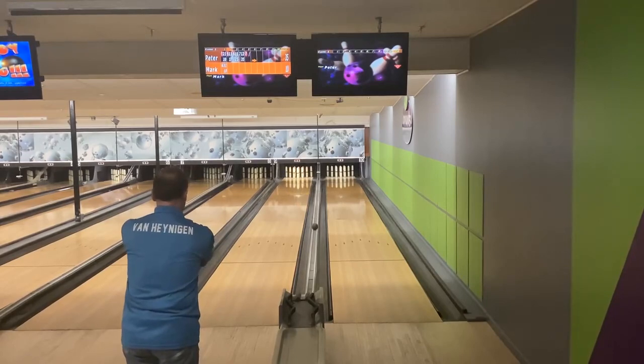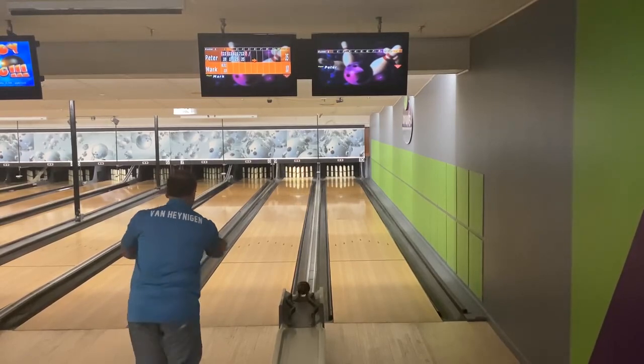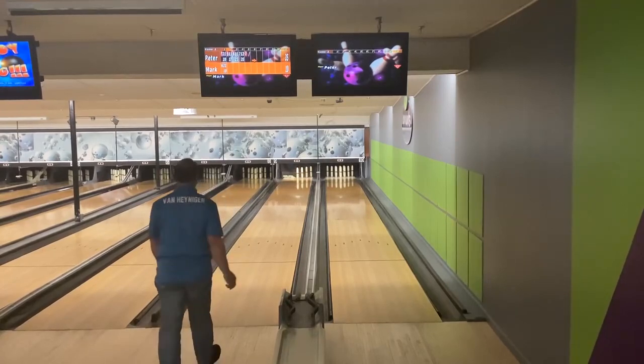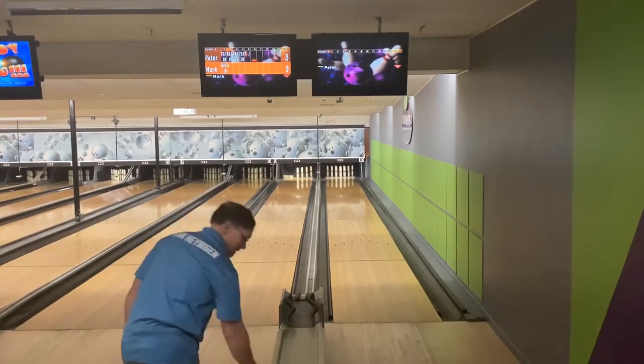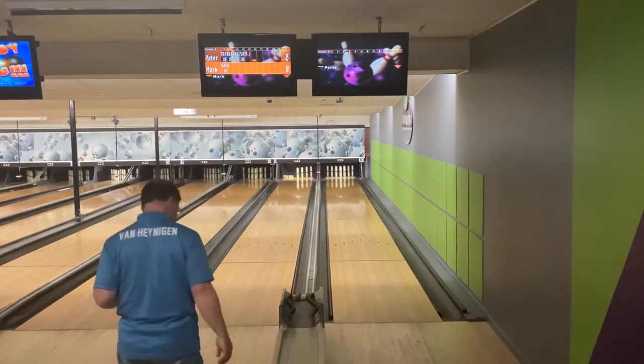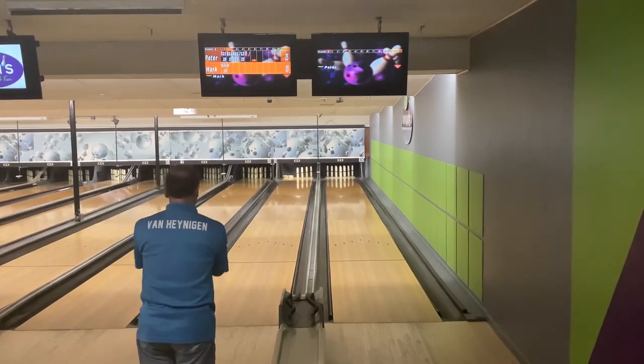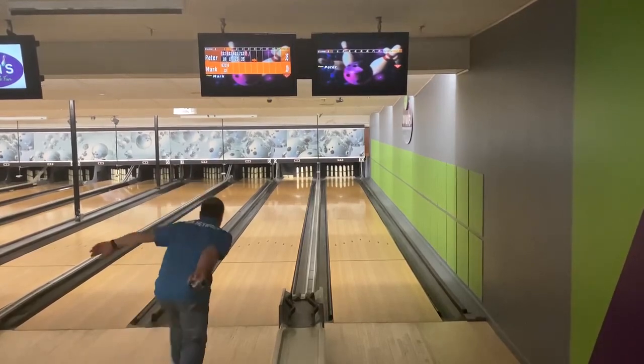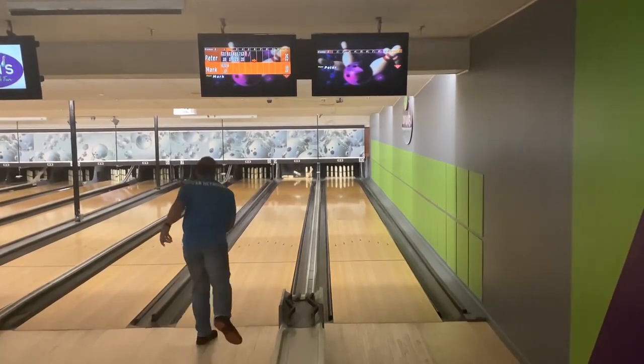I think Mark might have clinched a position in the C flight. Not 100% certain about that. Mark goes left of the head pin, leaves the 4 horsemen right. Anyway, it's close. Both bowlers want to get as many points as they can. Outside,